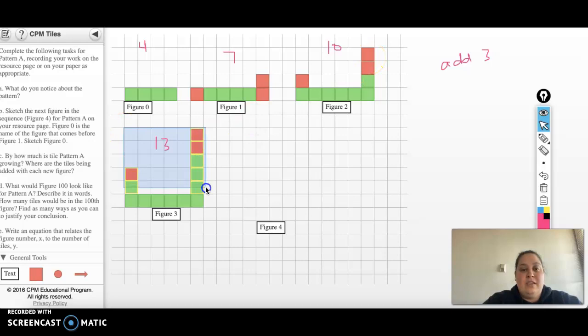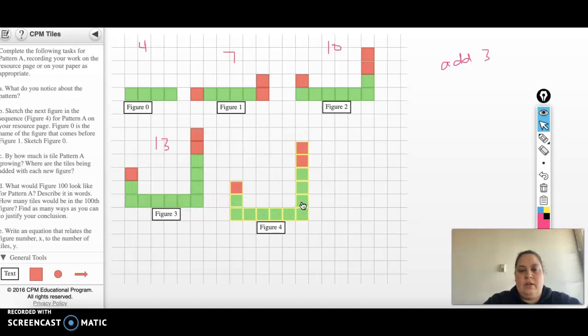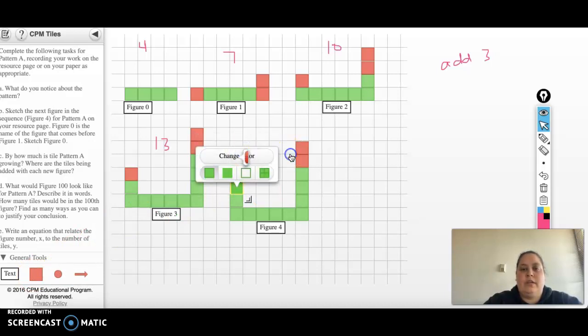So then that means for this one, we're going to start off with 13. Let's copy and paste that over here. But that means we're going to add more, right? So instead of this one being red, we need to add another one, and we'll change this one to green. Okay, so now instead of having 3 on this side, I now have 4 on this side. And instead of having 6 on this side, I now need to have,